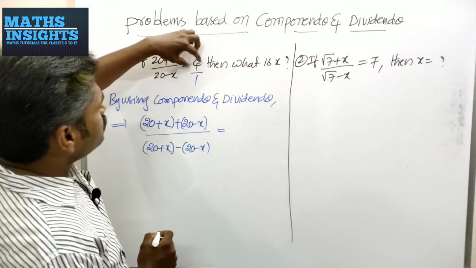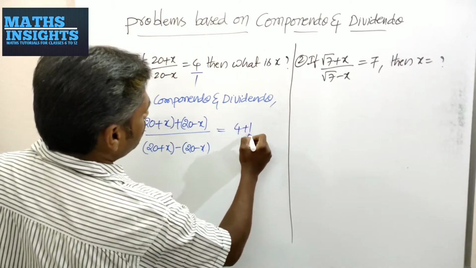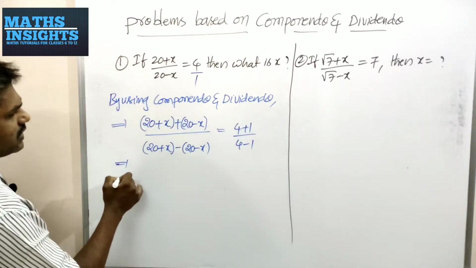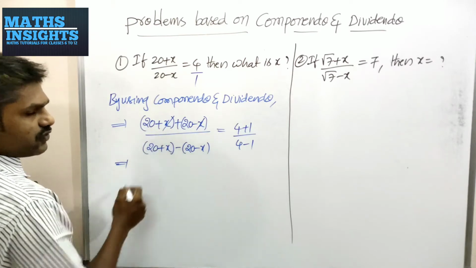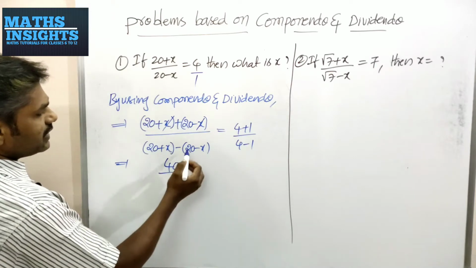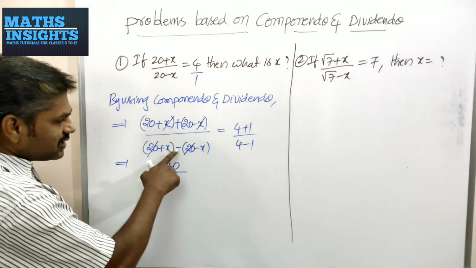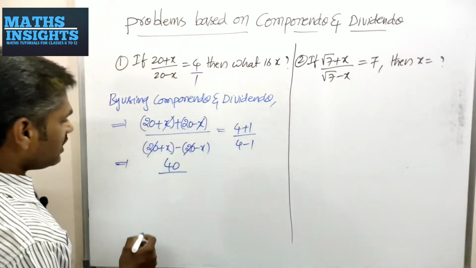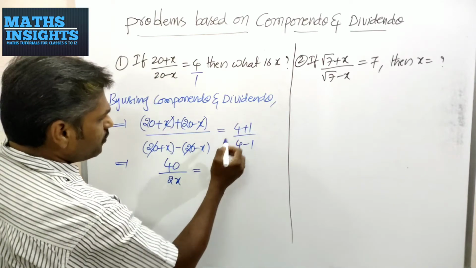Similarly, if you assume this as c and this is d, then c plus d, that means 4 plus 1 by 4 minus 1. Coming to here, this minus x plus x will get cancelled. 20 plus 20 will become 40 by, similarly here minus 20 plus 20 will get cancelled, here plus x and minus of minus x, is it plus x, therefore it will become 2x, that is equals to 4 plus 1